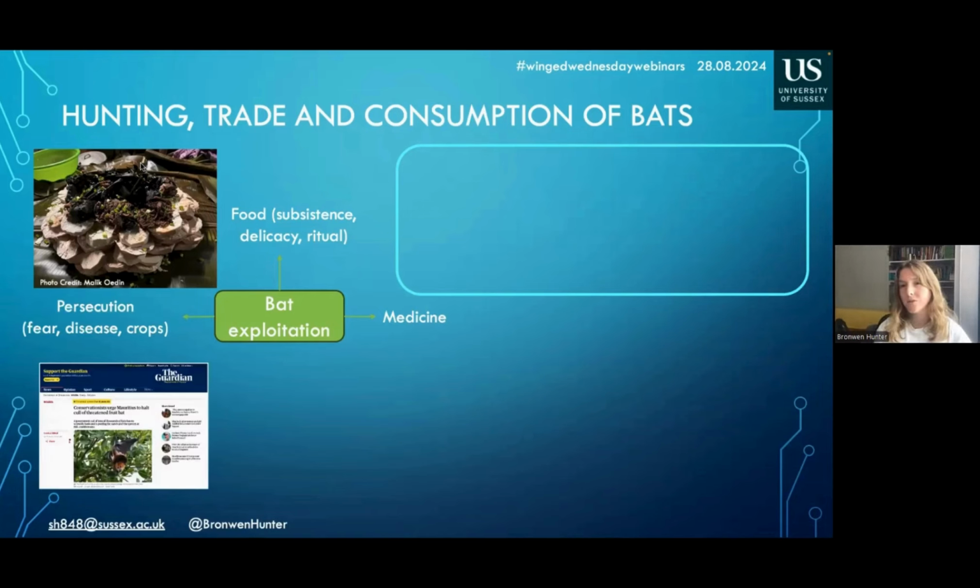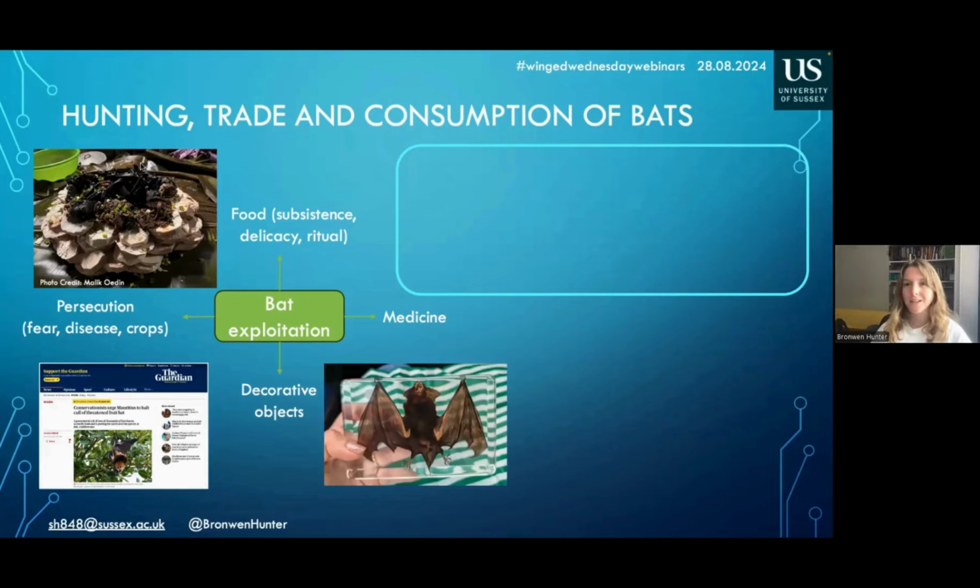There are also a lot of beliefs that consuming bats has medicinal properties. So, for example, in Indonesia, consuming fruit bat meat is thought to cure asthma. Although this is an intentional use, bats are also heavily persecuted because of their role as crop pests, or their perceived role as crop pests, disease carriers, and just because of a general fear around bats. So in Mauritius, there have actually been several state-sponsored culls of fruit bats because of conflict between large fruit bats and mango growers.